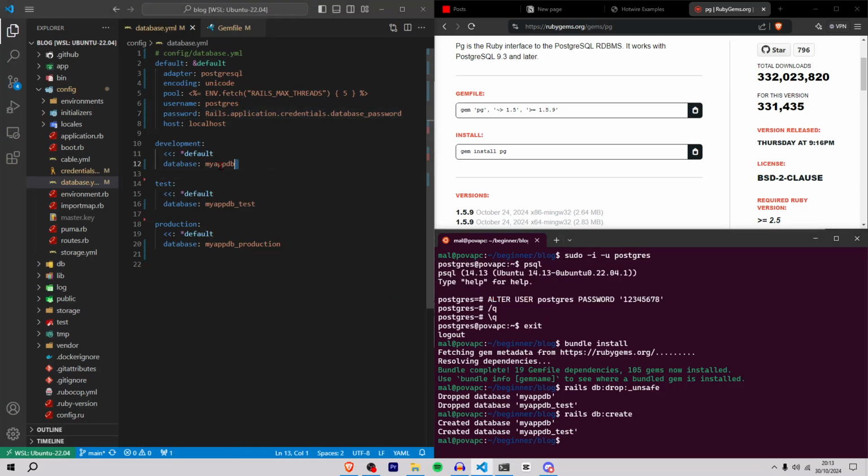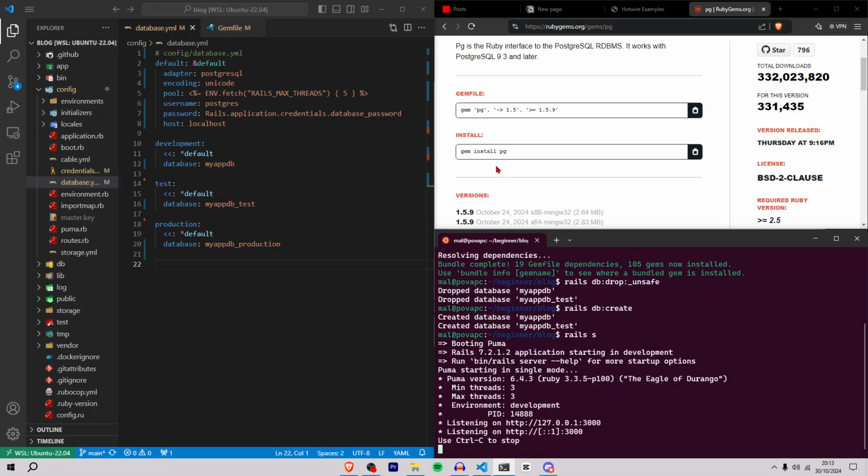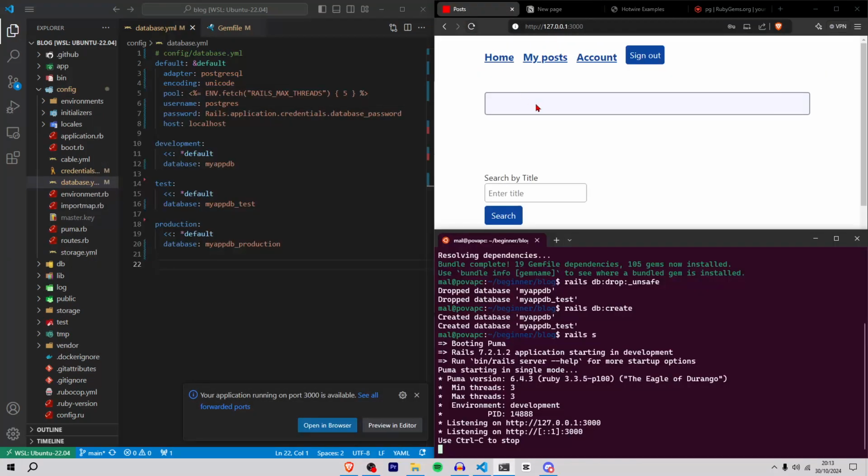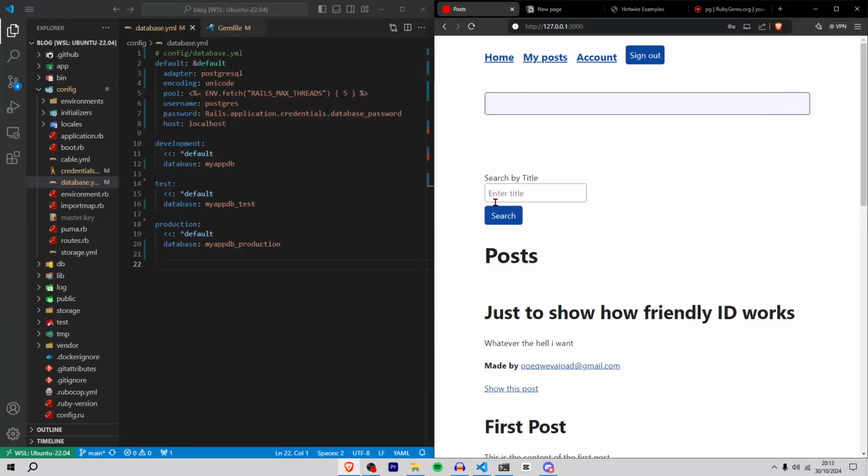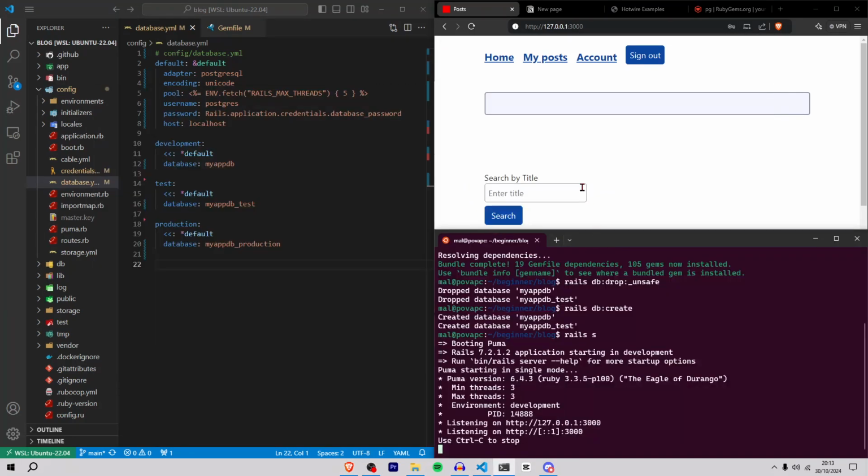Because the database name on my app DB right here, that doesn't matter. I could set this as whatever I want. The same in test, right? And production obviously isn't created because we're in development, okay? And so now that we've done that, we have successfully switched to a PostgreSQL database, and so that's great. We can just check that our application is still working. And the reason that we've done this is because it's going to allow us to access a wide range of methods and functions or extra features that we didn't get with